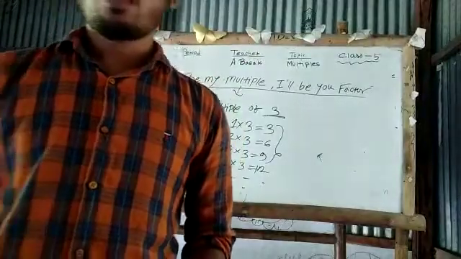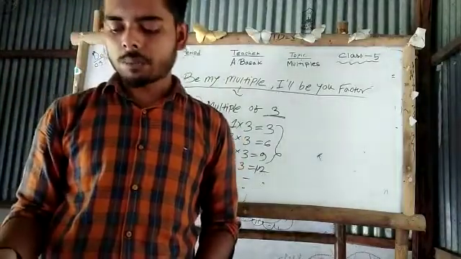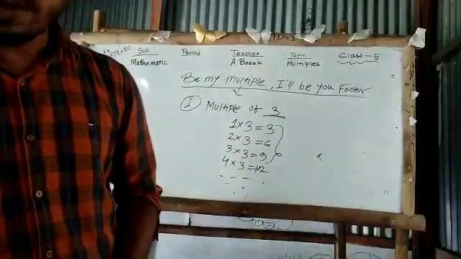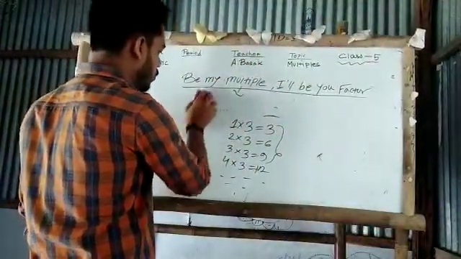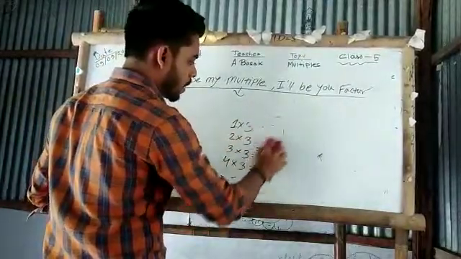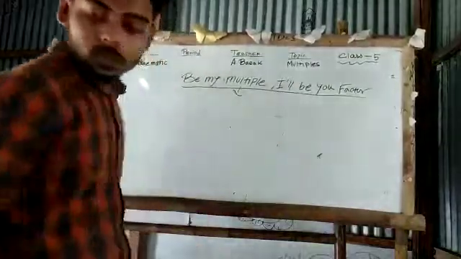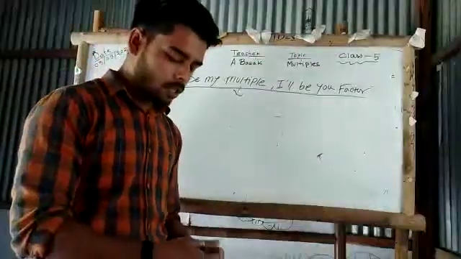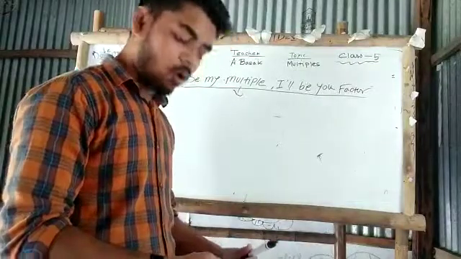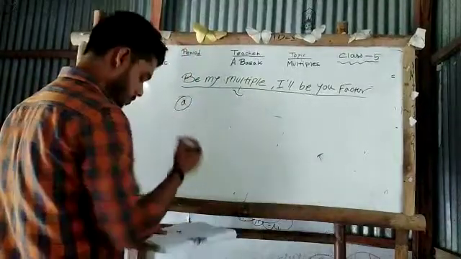In your workbook, on page number 50, you have some true or false questions. The first one is: is 29 a multiple of 4 or not? We need to determine that. I will do a few questions for you and the rest you need to do by yourself as your homework. As I said, this chapter is included in your next month's exam, the only chapter you have for your exam in October.